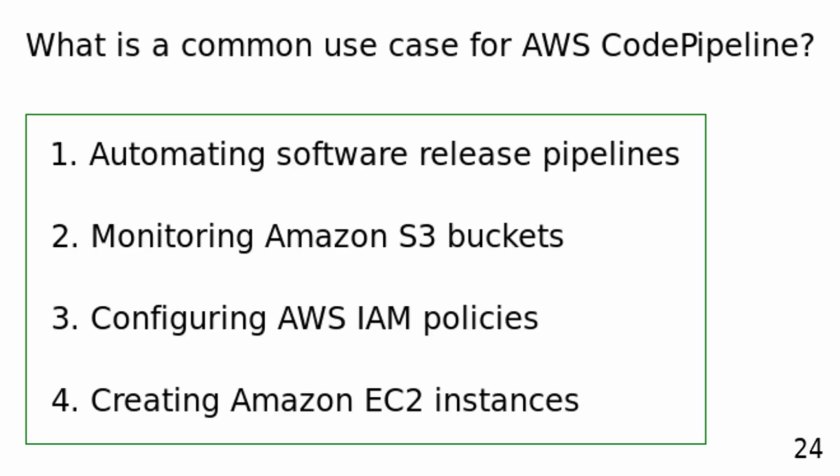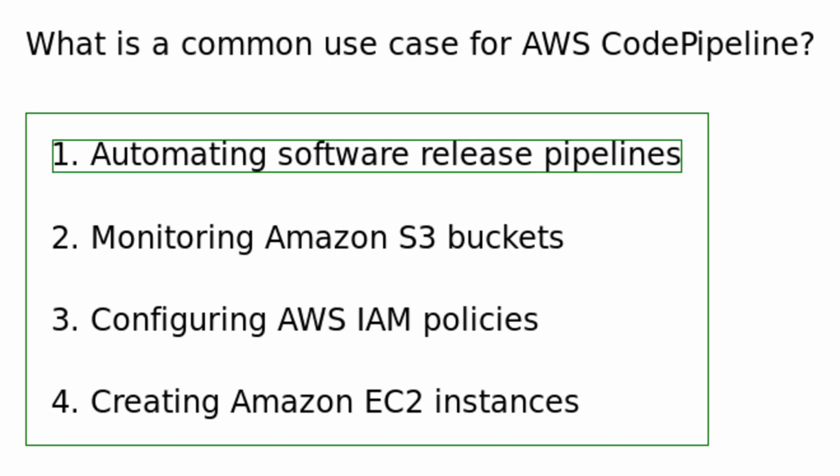What is a common use case for AWS CodePipeline? Automating software release pipelines. Monitoring Amazon S3 buckets. Configuring AWS IAM policies. Creating Amazon EC2 instances. A common use case for AWS CodePipeline is automating the release pipelines for software applications, enabling continuous integration and delivery